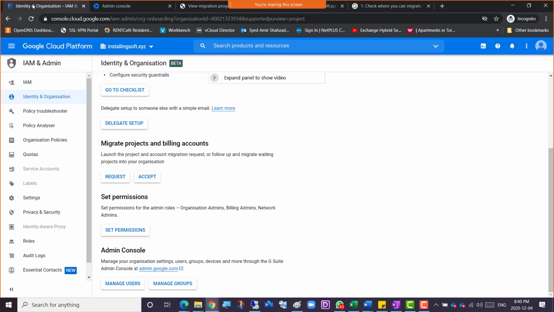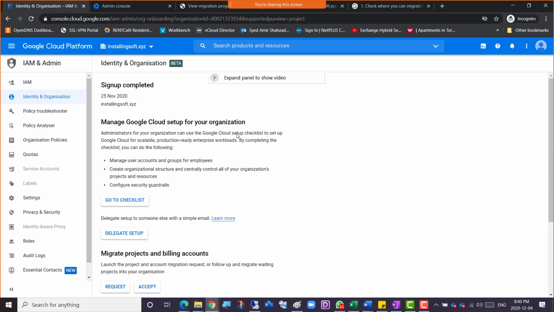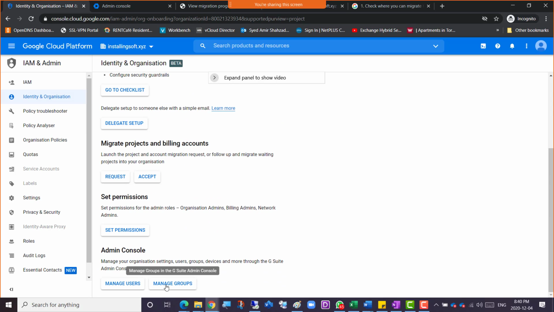So I'm going to go back to identity and organization, or IAM, here in the Google Cloud Platform, or cloud.google.com. That's the other dashboard. When we came at the start of the class, we went down from IAM to manage users and groups. Other than that, if we are inside the IAM and admin itself,